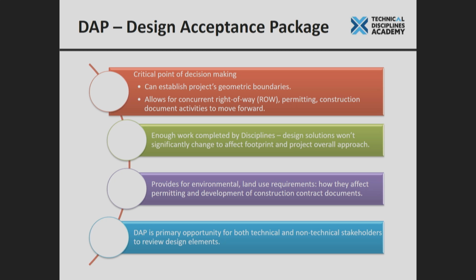Okay, one of the things that also occurs at DAP is you've got the design far enough along that you can start having conversations with others. So there may be other stakeholders that are interested. It may be a city, a county, or just the neighbors. You've got enough of the design prepared that you can now have that conversation. They can start to visualize what this project is going to look like and how it may affect them, where you can get input and make sure that you're on the right track and that you haven't overlooked some sort of fatal flaw.